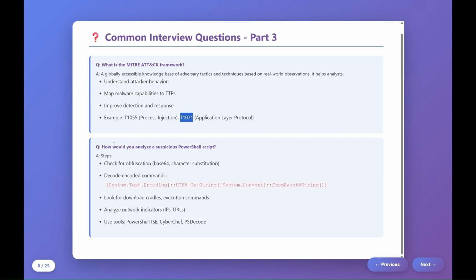Then, how would you analyze a suspicious PowerShell script? So this is a very practical question. Interviewers want to know if you can handle real-life scenarios. So your steps would be: first, check for obfuscation, Base64 character strings, encoded suspicious variable names, then decode the encoded command. For example, this one, the System.Text.Encoding, and